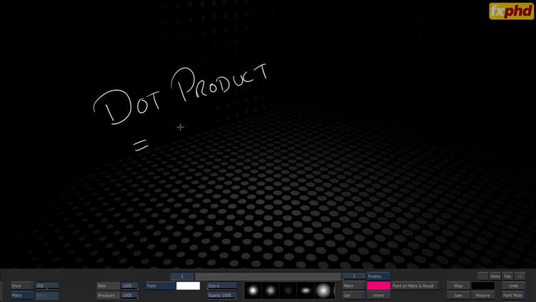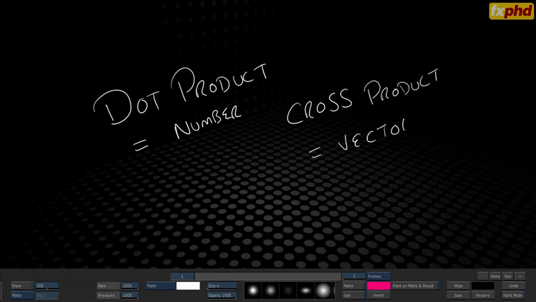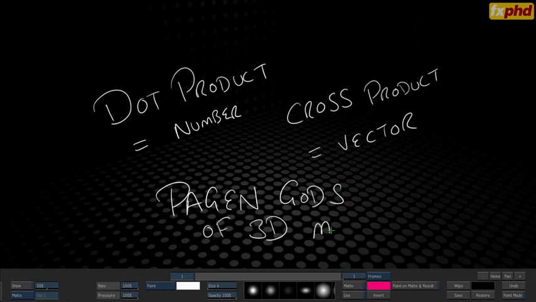Okay, you still with me? So we've got a set of points now. The set of points make up a little bunch of triangles, and then if we do our really super cool stuff, we get the normals to the triangles. Then we can interpolate between them, and bingo, we have Gouraud shading. And that's when they all start to fall like dominoes. This is it. This is the point at which you become a pagan maths god in a 3D visual effects sense. But just one point before you become pagan gods,